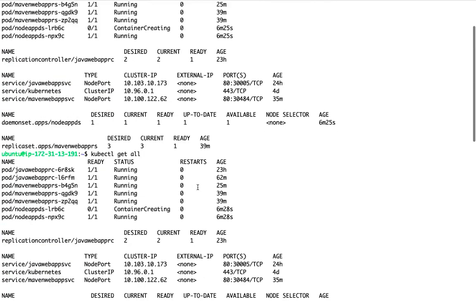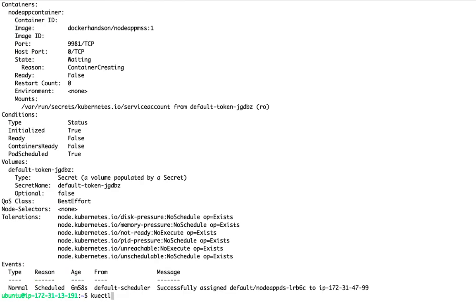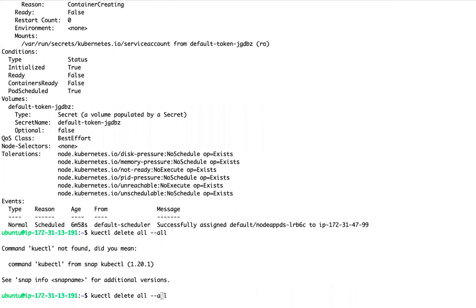Okay. So while you are practicing, try to delete. Let me delete. Guys, if you want to delete everything, you can execute kubectl delete all --all. It will delete all the objects. Currently, which namespace is it pointing to?